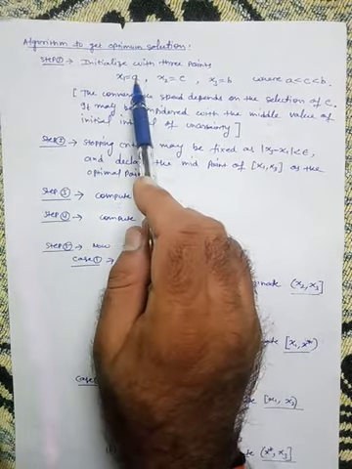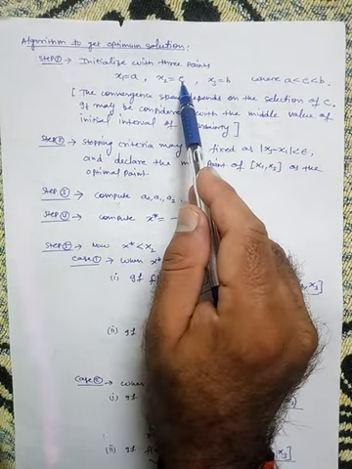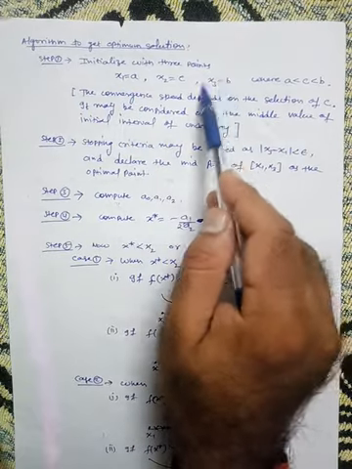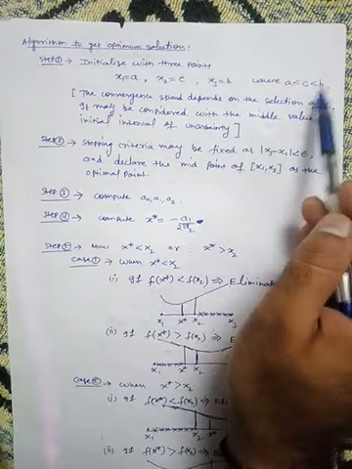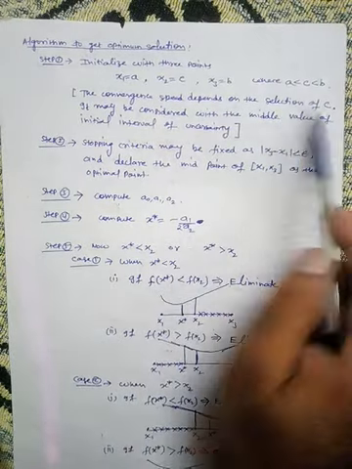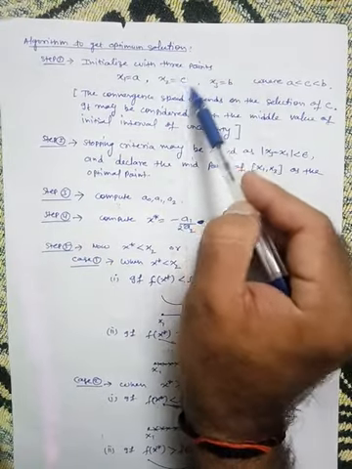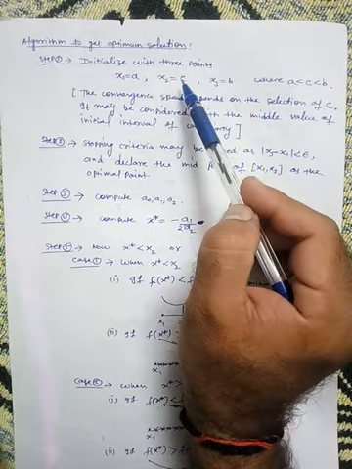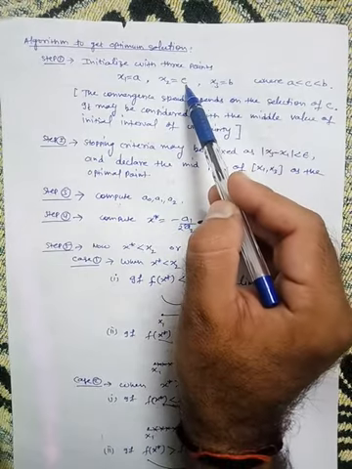x1 is, suppose, a, the left hand point, and x2 is c, which can be taken as the midpoint of interval ab, and x3 is the right hand point b. So here c is in between a and b. The convergence speed depends on the selection of c, because a is the left hand point, b is the right hand point, and c is an arbitrary point you can take between a and b. So the speed of the method depends upon this choice of c.